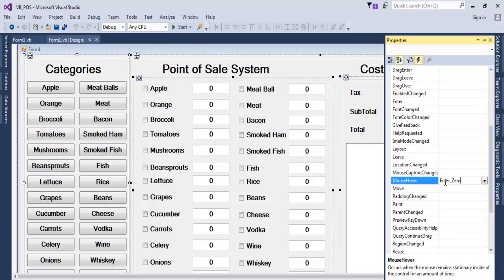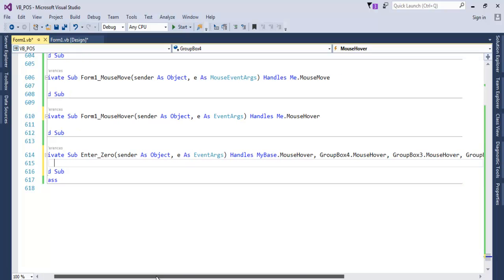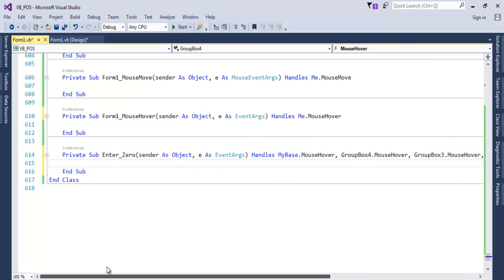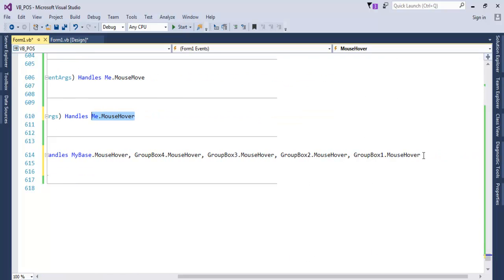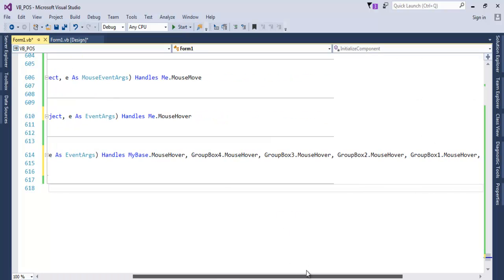Yeah, so double click on it right there, enter 0, and all of those mouse over is there. You can see them, 1 2 3 4. That's fine. What about my, okay, I cannot see this in there. I'm just gonna copy this. That's for the form itself, and right here, comma, enter the form. That was the form. Okay, I suppose you can see all of that events that I'm using for